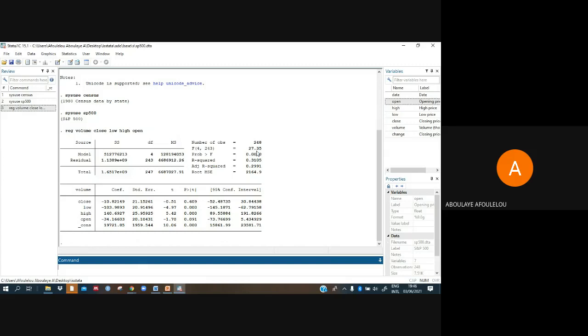When it's greater than that one, it is now belonging to the rejection region. But when it is less than that value, we will accept our null hypothesis. When rejecting, the conclusion is our model is better than